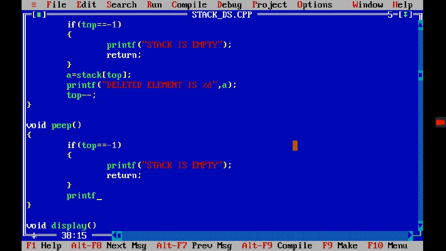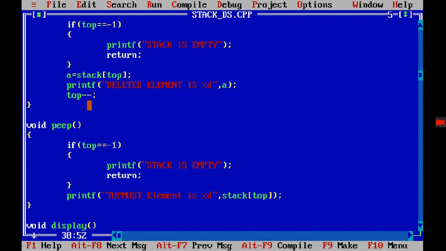So printf "topmost element is %d", and that is stack of top. I don't want to delete it, so there is no need to write top minus minus.